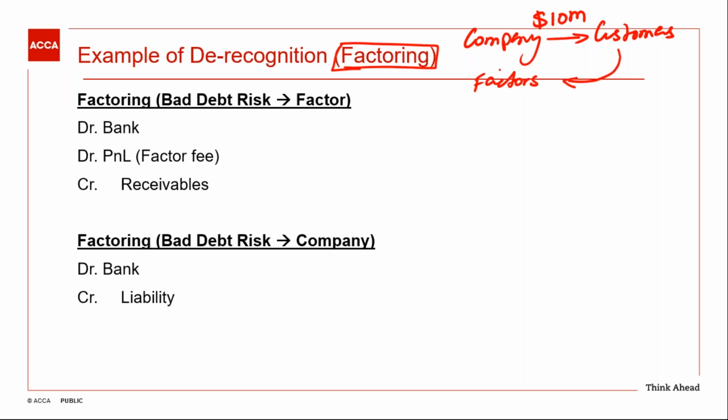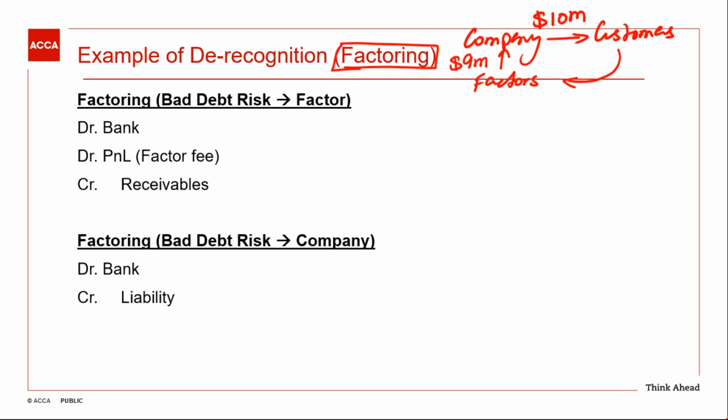Plus, we also ask the factor, why don't you pay the amount to us today and you collect the amount from the customers later on. So let's say the factor says, okay, but I will give you only $9 million because the remaining $1 million will be my fees plus the interest that I'm going to charge you because I'm giving you an advance payment. So the factor will charge two values, one as its factor fee and the second as the amount of